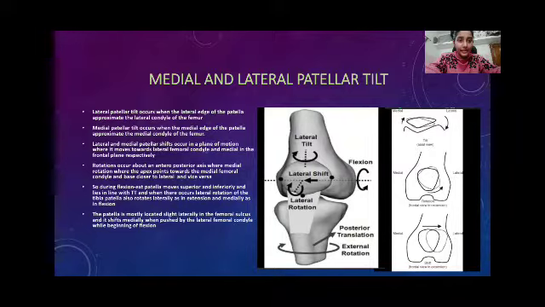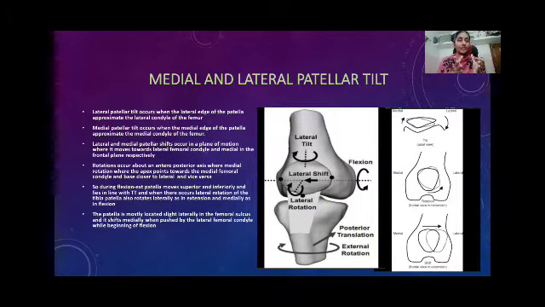So during flexion extension, the patella moves superiorly and inferiorly and lies in line with the TT, and when there occurs lateral rotation of the tibia, the patella also rotates laterally as in extension and medially as in flexion. During flexion extension, the patella moves superiorly and inferiorly and lies in line with the tibial tuberosity, and when there occurs lateral rotation of the tibia, the patella also rotates laterally as in extension and medially as in flexion.